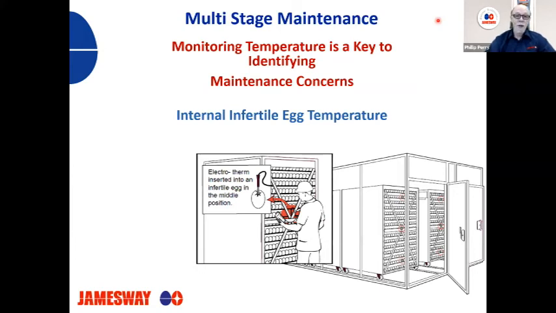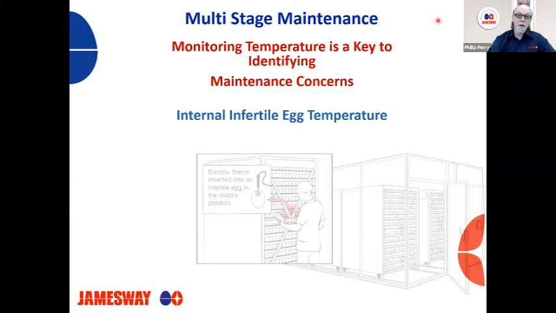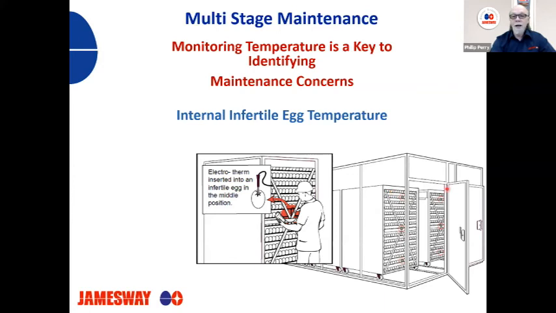And we use our electrotherm. So we candle and locate a top, middle, and bottom infertile. I like to get it as close to the rack as I can. I like to get an outside egg and as near the top as I can. Some of you run such a high fertility that sometimes it's difficult to find eggs and you just have to keep going up. But try to get these 3 eggs, top, middle, and bottom, are the ones